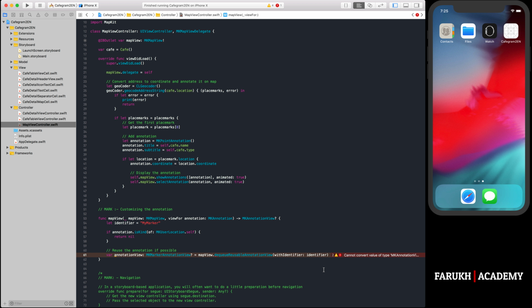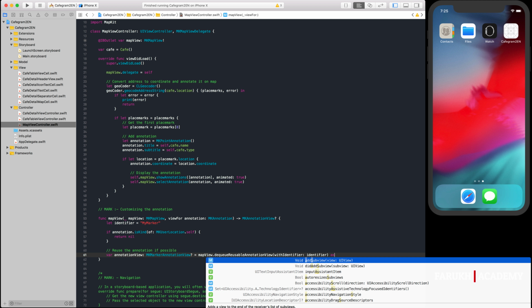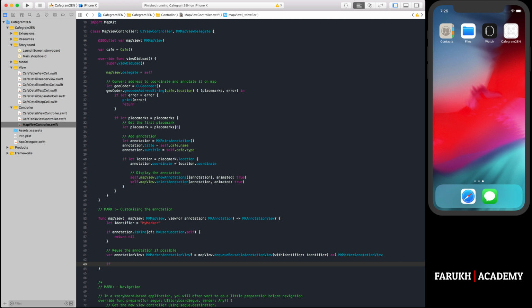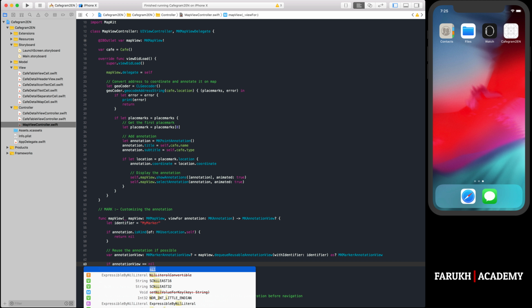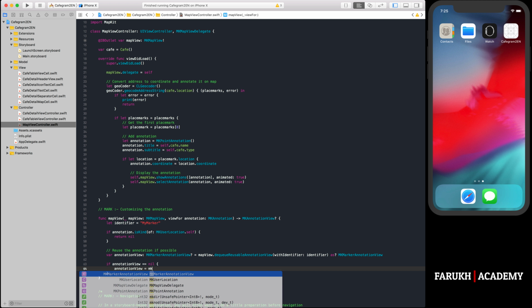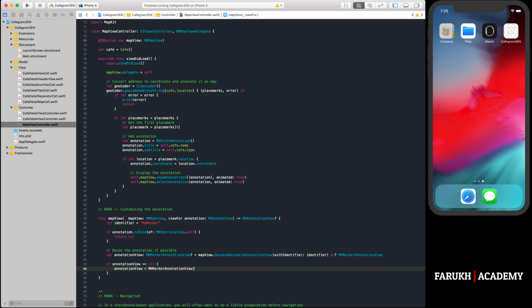As MKMarkerAnnotationView. Okay, then if annotation view is equal to nil, then annotation view is equal to MKMarkerAnnotationView with this one. Okay, annotation, and here identifier again. Okay, cool. Then annotation view dot